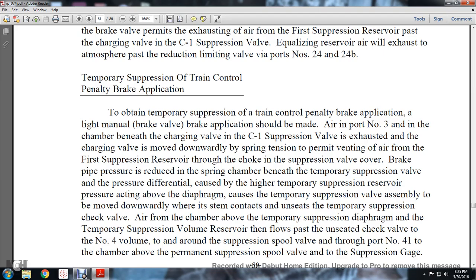The charging valve is moved downwardly against spring tension to permit the venting of air from the first suppression reservoir through the choke in the suppression valve cover. Brake pipe pressure reduces in the spring chamber beneath the temporary suppression valve, and thus the pressure differential caused by the higher temporary suppression reserve pressure acting on the diaphragm causes the temporary suppression valve assembly to move downwardly, and with it its stem contacts and unseats the